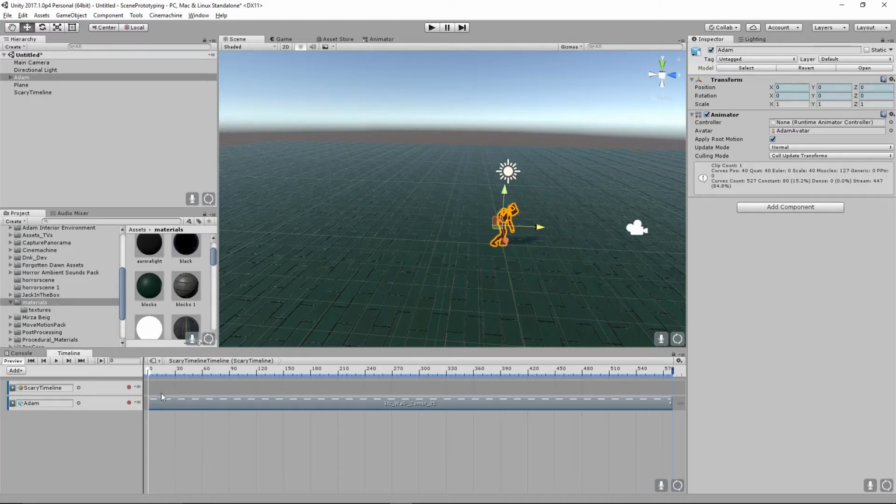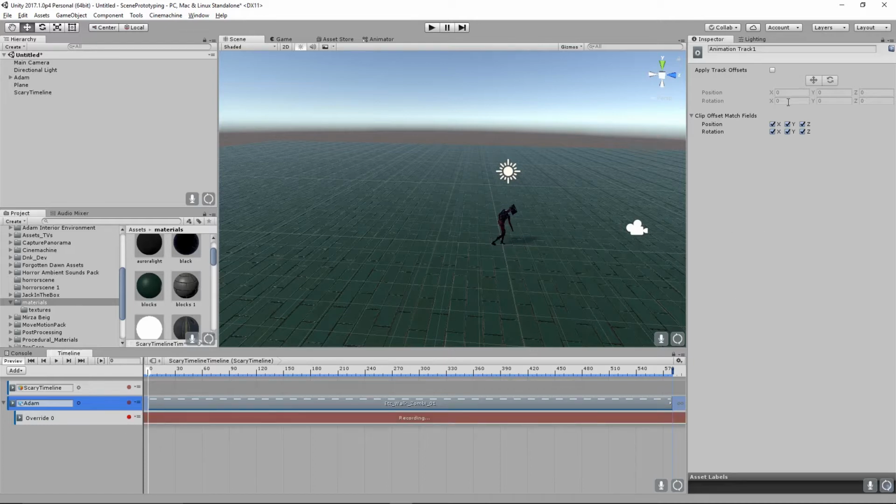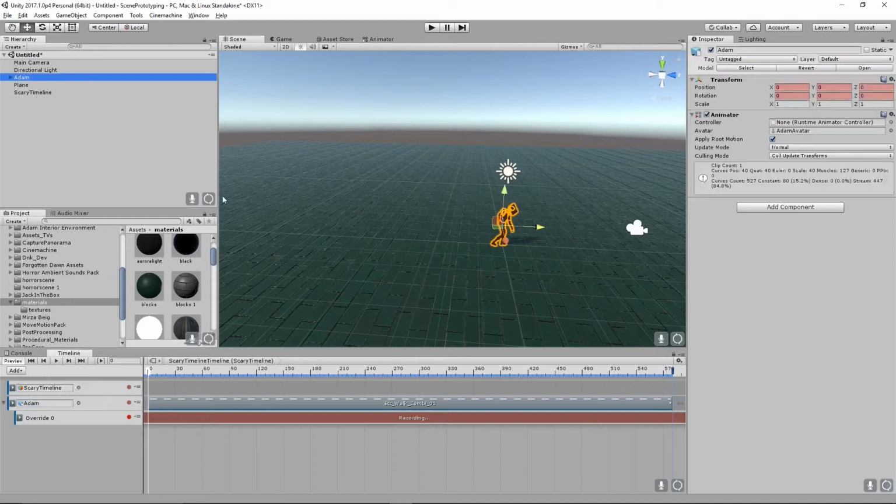So what I want is to be able to move him in space. So I'm going to click on him and apply an override track. With this, you can have other animations that have a mask or something like that, and just use those to override certain parts of his animation from this walk cycle. So I can make him reaching if I had an avatar mask that only affected his right arm, and just applied an animation to that. But what I want to do is use this override track as a way of moving him in space. So I just turn on the record button here and select Adam in the timeline,